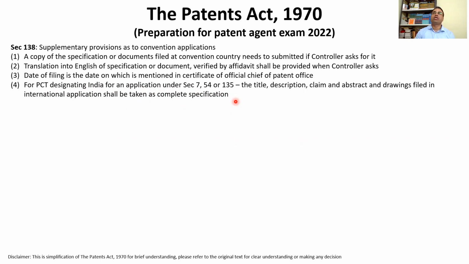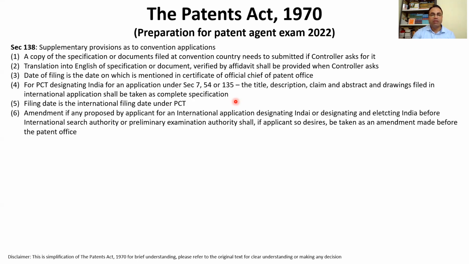Therefore, if you are looking at any application that has been filed in India and it comes through the PCT route, I see variations compared to other applications. What has been filed in the PCT route is considered as the complete specification. But when an application is filed directly in India, those are different. You will see some differences in the style of writing and the way of presentation. The filing date is the international filing date under PCT. So when you file the PCT, that will be considered as the filing date.